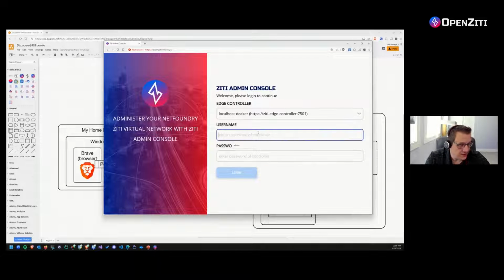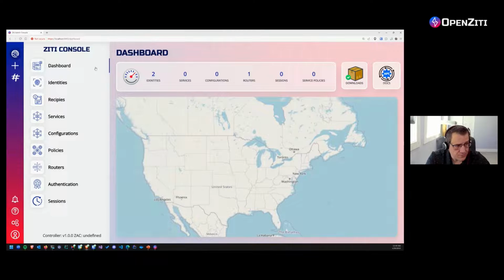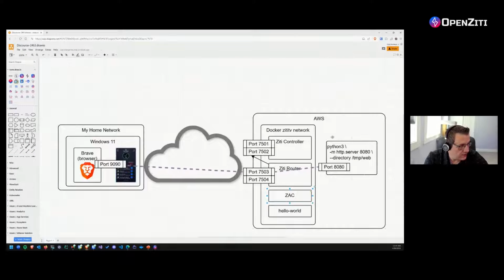Now, when we set that, you'll see I don't get a little error. Admin, and I log in. Let's make this bigger. You'll see I have no identities. Well, I take it back. I have one identity, a ZD Edge router identity, because this Edge router is also configured for tunneling. What that means is you can use it to offload data from a network to another network. And that's exactly what we want to do here by either sending it to Python or to the Hello World